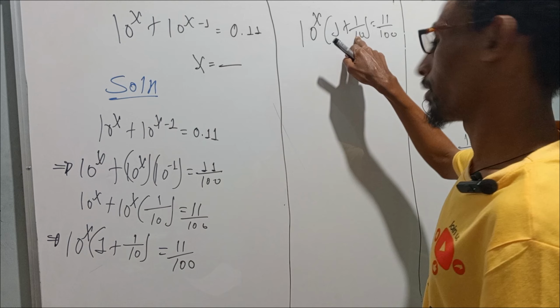Today we will solve 10 to the power of x plus 10 to the power of x minus 1, which is equal to 0.11. Then we are asked to find the value of x. In order to find the value of x, let's start from the given question. The question says,